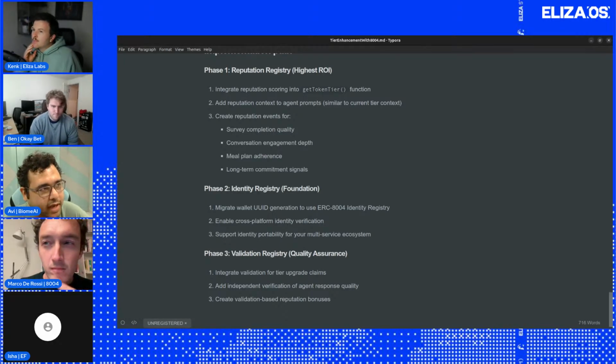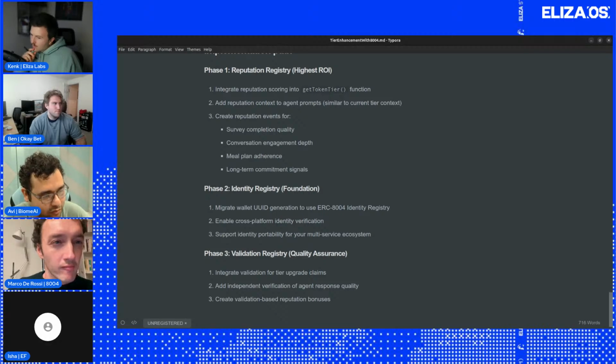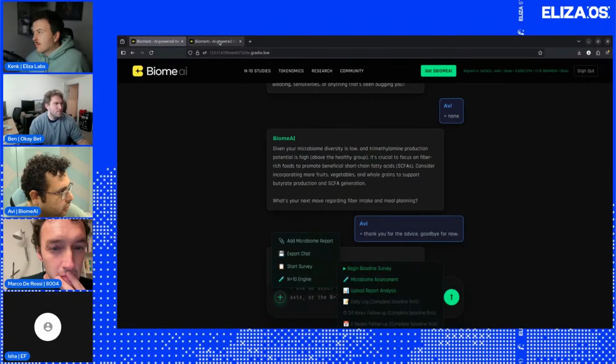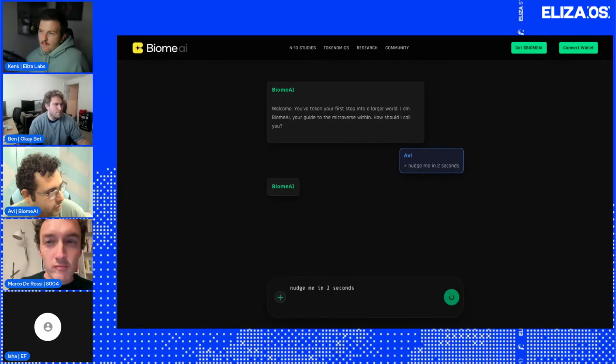Yeah, and it also has a nudge system that is built in using Eliza OS. Using this nudge feature, you can ask it to remind you or check on you about your health, how you're doing. So that is a very helpful feature. I think I can show you right now. Maybe, yeah, nudge me in say 2 seconds. So this is basically a test.